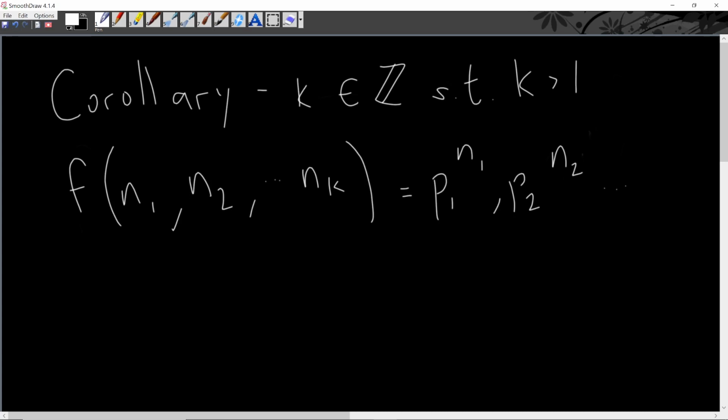There will be a prime number that corresponds to every natural number. So this will be pk to the power of nk. All right. And this is going to be an injection. Every n has a p that corresponds to it. And since the composite of injections is an injection,